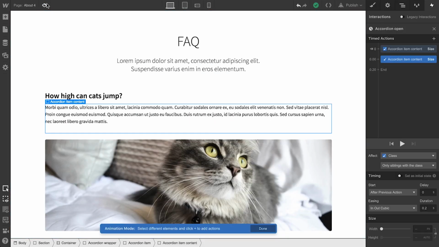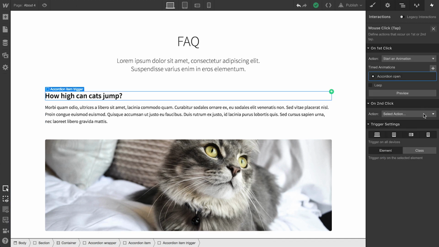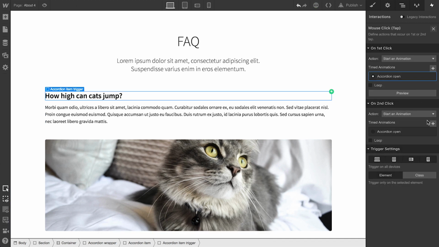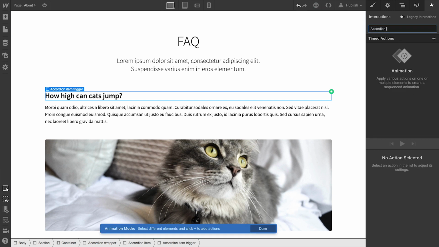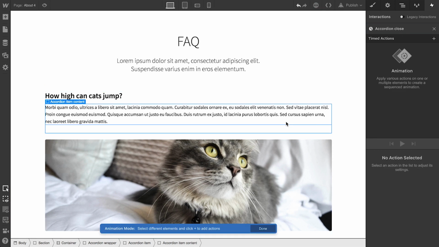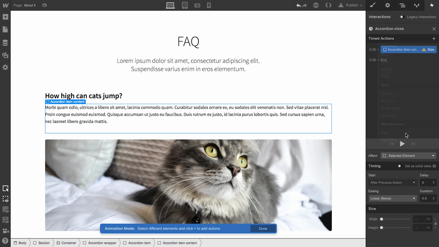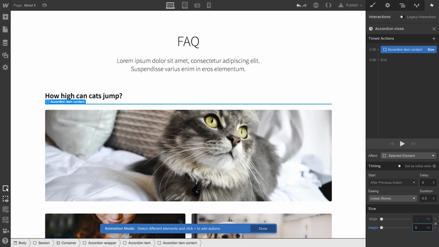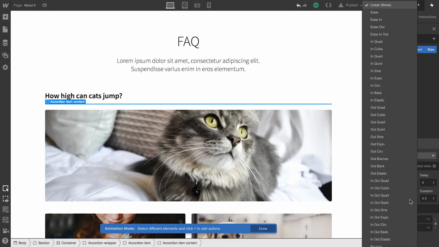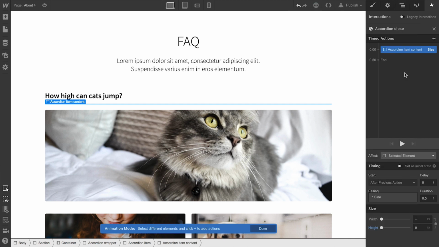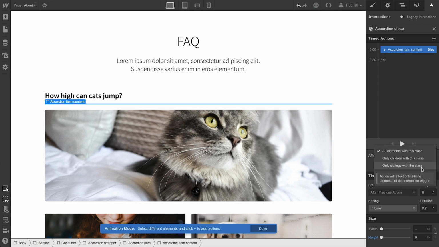Let's build the other part of this, the collapsing effect. If we go back out and create a new timed animation on second click, we can start building out what we'll call accordion close. And this one's even simpler. We simply want to return the content to its 0 pixel height. So we'll set the height to 0 pixels. This will collapse the answer in our FAQ. Same thing here. We'll change our easing. We'll set something a little gentler here, and we'll change our duration again. Just type in our value of 0.2. And just like the accordion open animation, we'll make sure this affects every accordion item content div block, that's a lot of words, that has this class applied, so long as it's a sibling of the trigger.